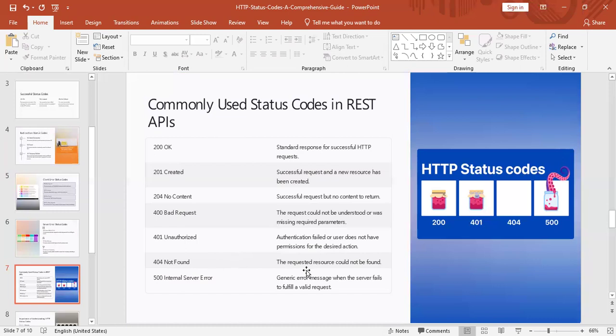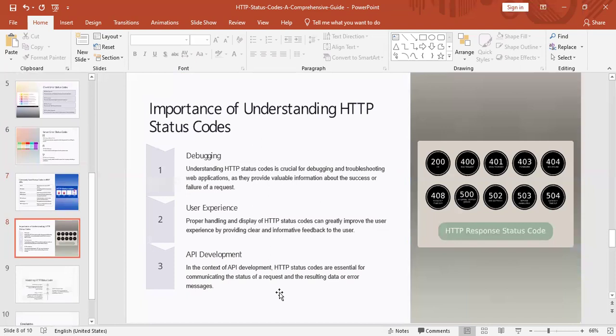Then 404 Not Found, the requested resource could not be found. It means the resource is not found, at that time we will get this 404 Not Found. Then Internal Server Error, that is a generic error message when the server fails to fulfill our valid request. This is the most common. This is the basic HTTP status code that we will get in our applications. If you see